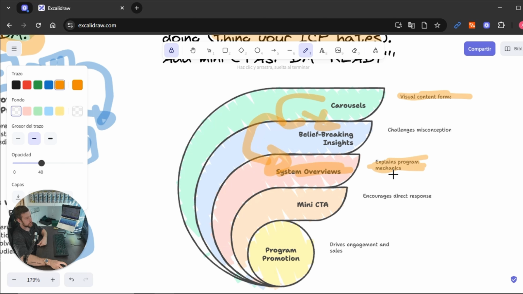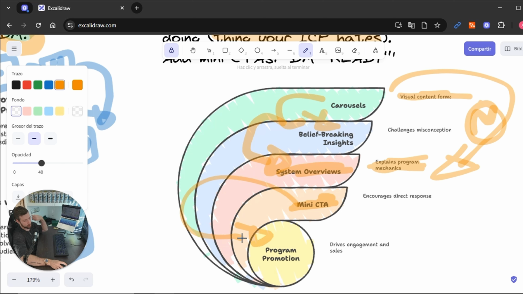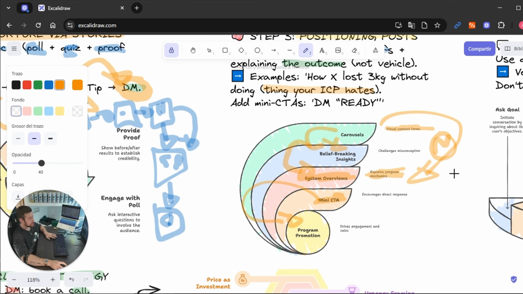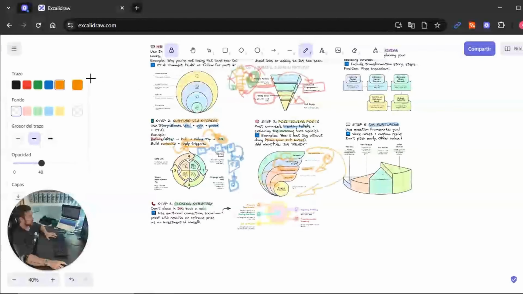But not from here to here. You need to spend more time in the nurturing part. Then you can add a mini CTA so that you can promote or sell your program in the DMs. But this is not that easy. You cannot do this that easily.